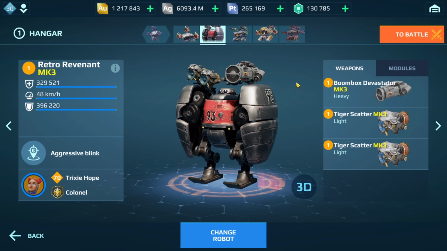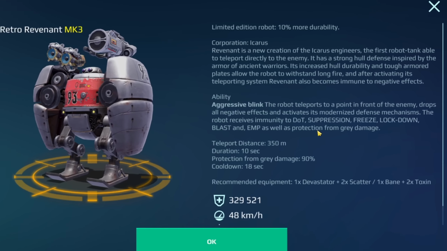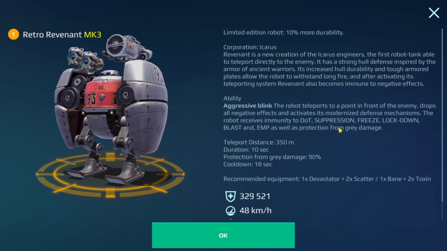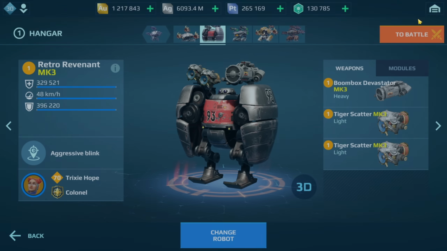So if you read the description of the Revenant, we're going to take a look at this because this is really important. When it comes to the ability, it says here, the robot receives immunity to damage over time, or corrosion, suppression, freeze, lockdown, blast, and EMP, as well as protection from gray damage. Now, when you use your ability, you are immune to all of these effects. But what you can do is, if you're using the Beak, even a discus,